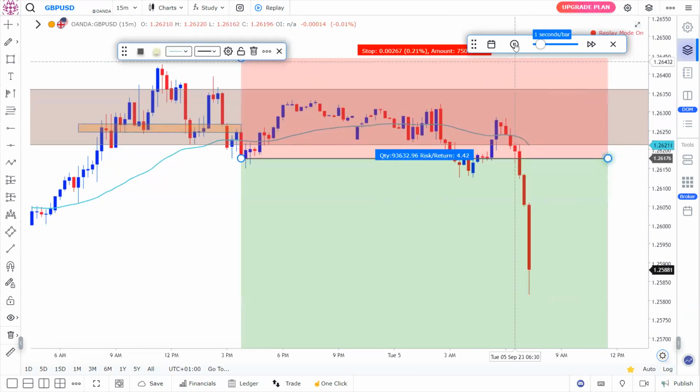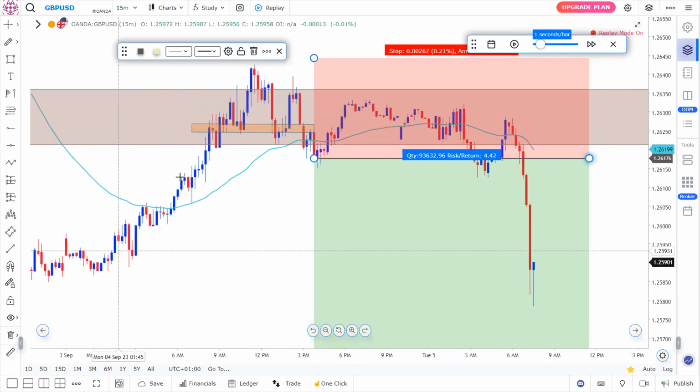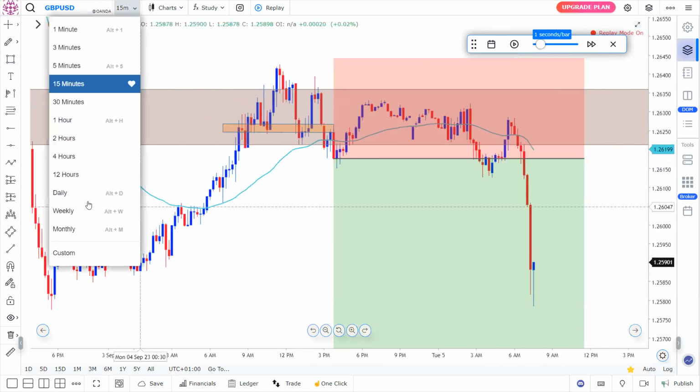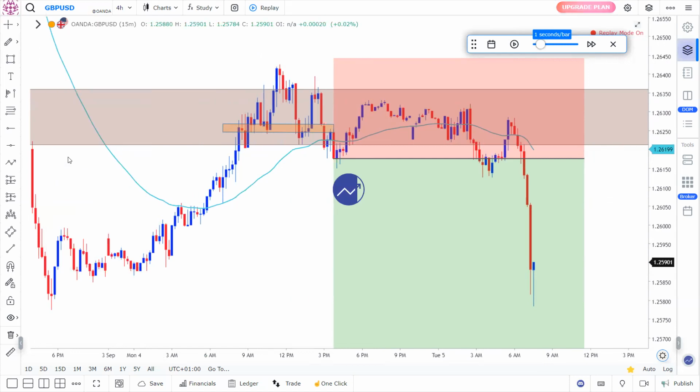Right now, yeah, we're back in profit. And then this is where, moving again back to the 4-hourly time frame,